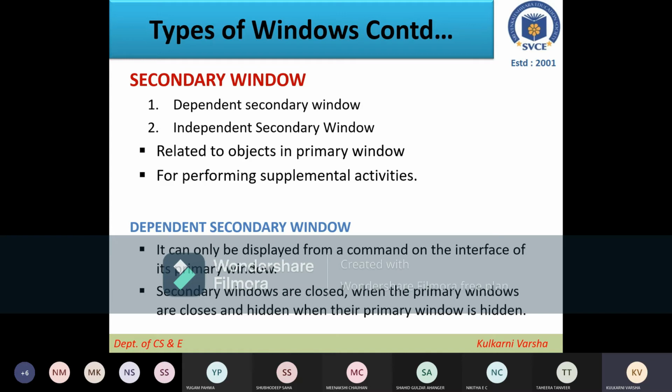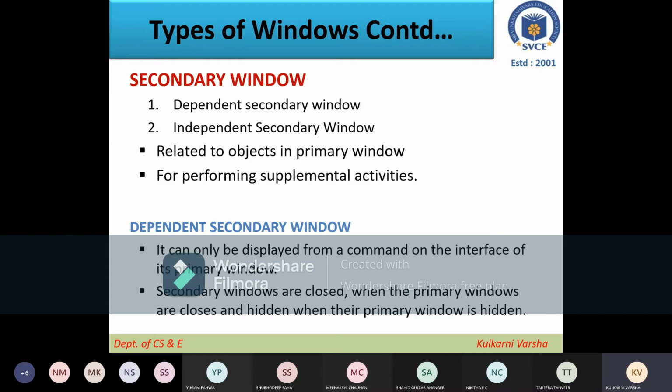Secondary windows are closed when the primary window is closed, and hidden when the primary window is hidden. So if a dependent secondary window has been opened through a primary window and you close the primary window, definitely your secondary window will also be closed.